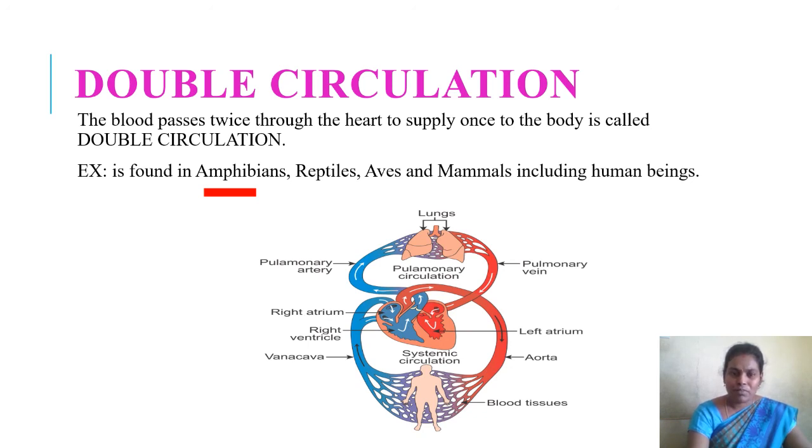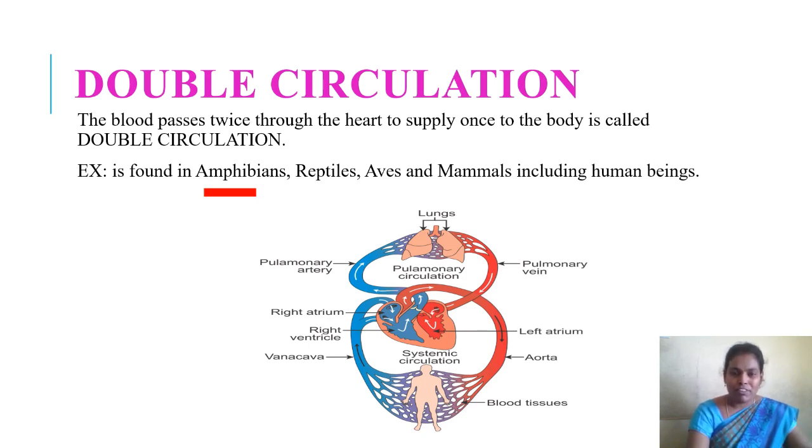And what about fish? In the last video we discussed the chambers of the heart. Fish heart contains only two chambers. Do you remember that? A two-chambered heart is present in fish, a three-chambered heart is present in amphibians like frog, and a partially divided four-chambered heart is present in reptiles like lizards, snakes, except crocodile. Crocodile contains a completely divided four-chambered heart just like human beings. Birds and mammals also contain a four-chambered heart. In the case of fish, single circulation takes place. The blood passes through the heart only one time.